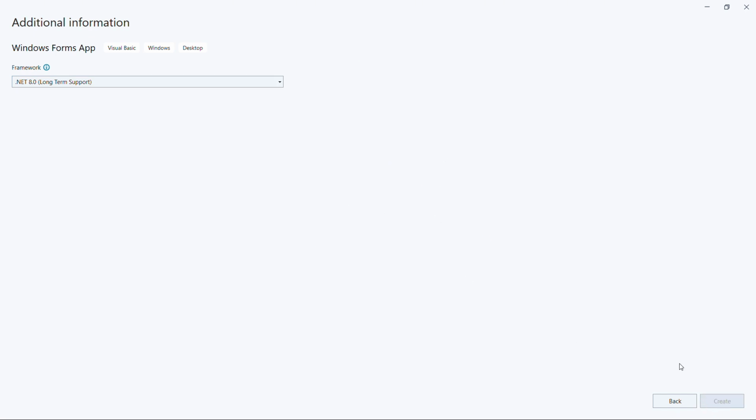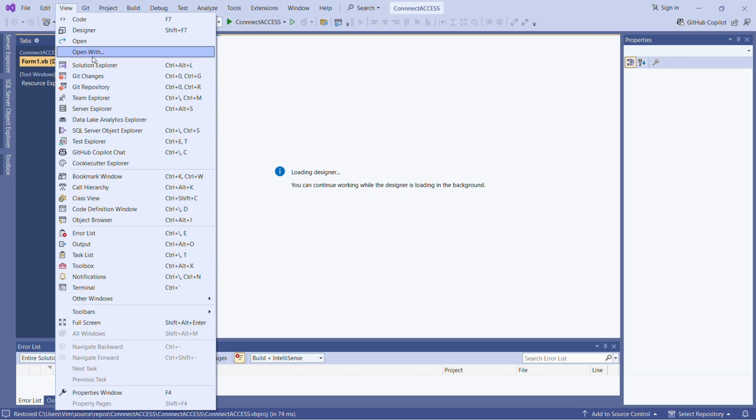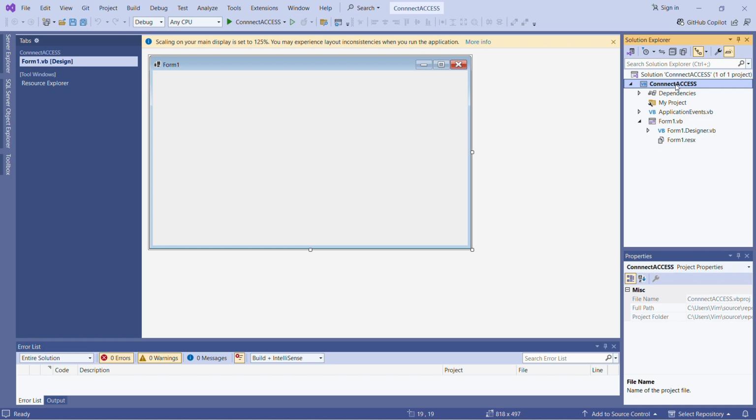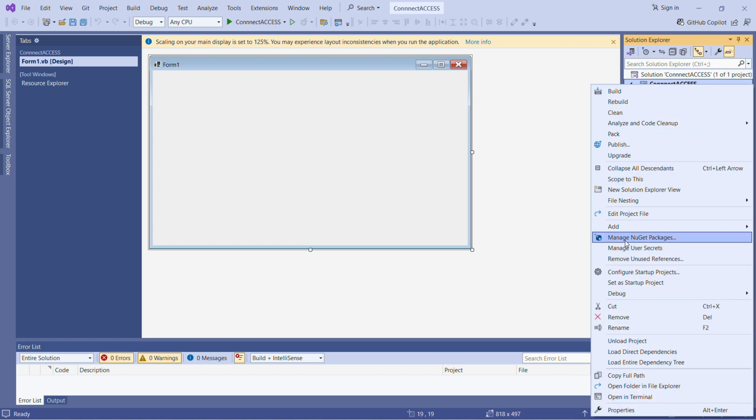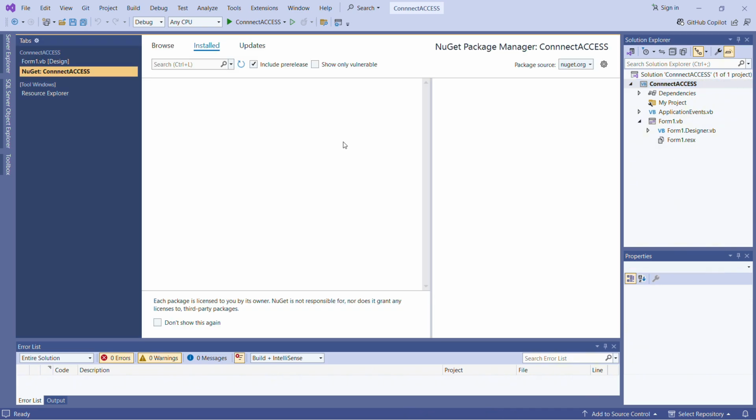Once your project has loaded, go to View, Solution Explorer, right-click on the project name, go to Manage NuGet Packages, and then go to Browse